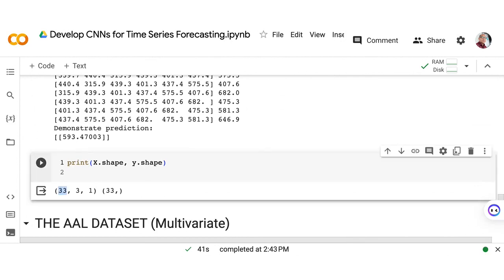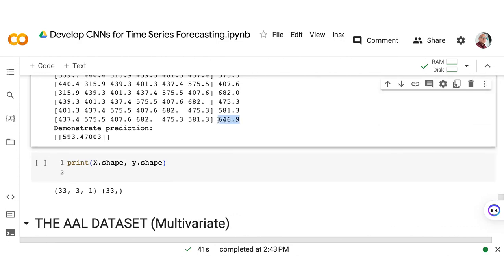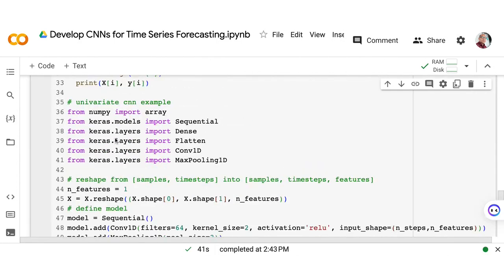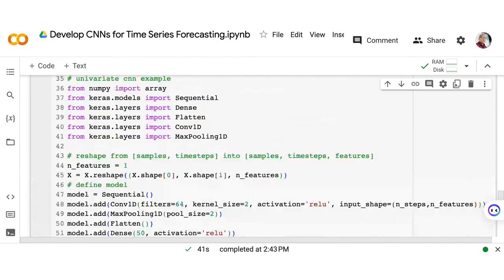Each sample has 3 time step, and we only have one feature here. For the output, we have 33 samples. So after 646.9, it was predicted that the sale of the shampoo will have 593.27. So that's how we are able to apply it into a real-world data set.